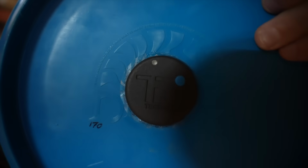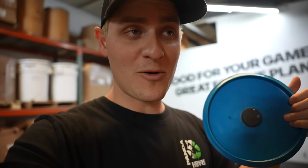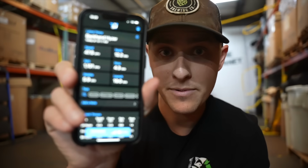But there is this new innovation in the space, it's super exciting, and rather than a robot, well, it's a computer. If you don't already know what Tech Disc is, then I don't know if you're just not a fan of overthrow or if you've been living under a rock, but this thing is seriously going to change the game, and I want to show you how it works. On the bottom of a disc, you have this little computer, and then it attaches to this app in your phone,